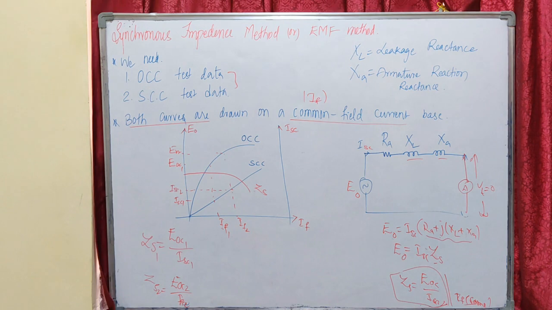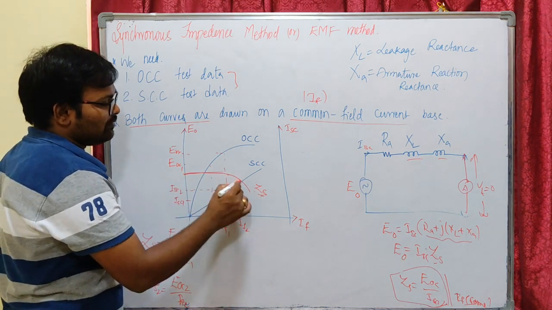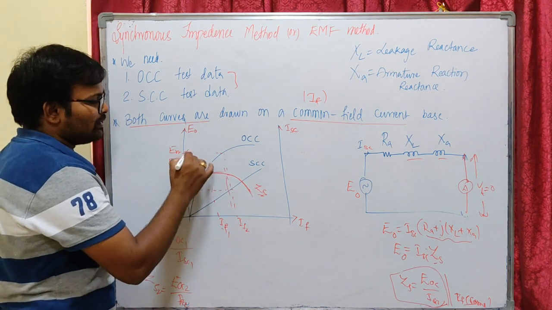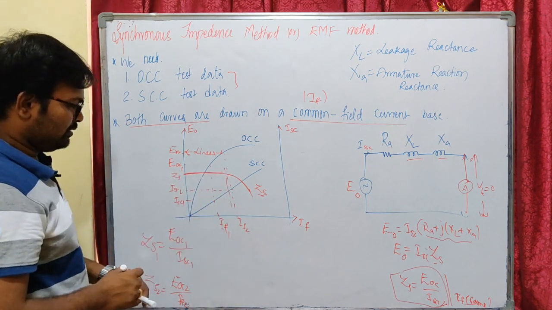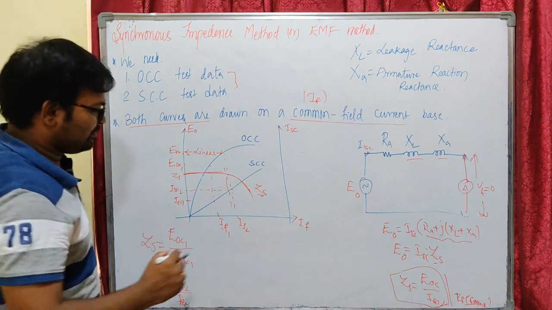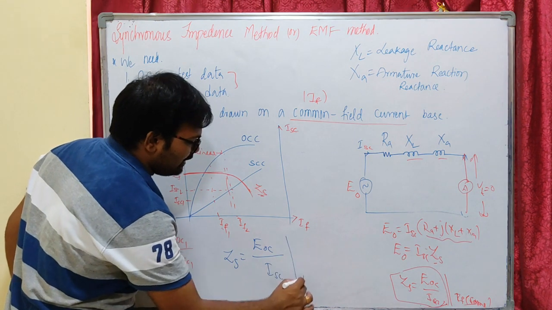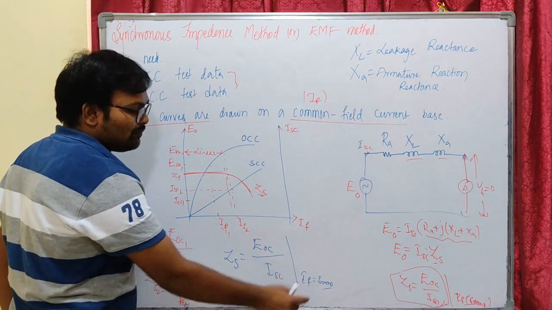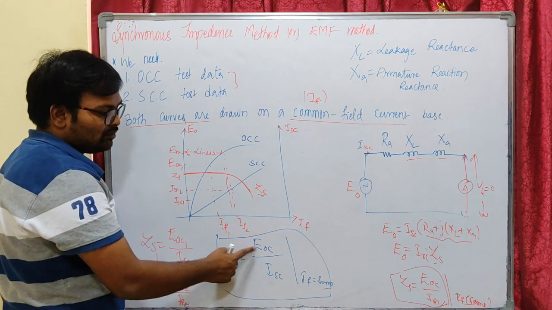This is our field current, and this is our impedance curve. It is linear for a certain period, then it will go into saturation, that is, it will decrease as our field current increases. That means this is the linear operating region. ZS is constant here, but after some value it will decrease. So we are going to find ZS equal to open circuit voltage EOC by short circuit current ISC. IF should be the same under both conditions. We are going to calculate the values at the same IF. We are going to perform some problems so that you can understand. ZS is nothing but EOC, open circuit voltage, by short circuit current.